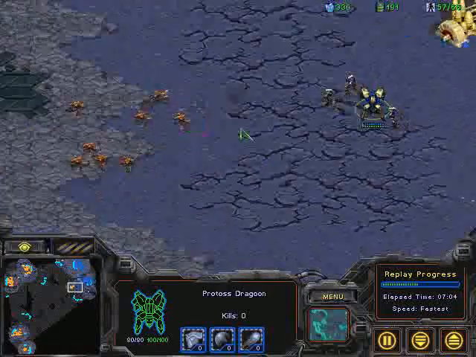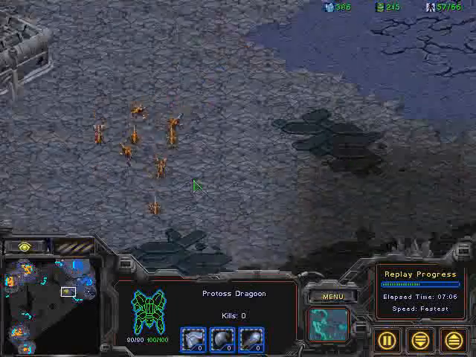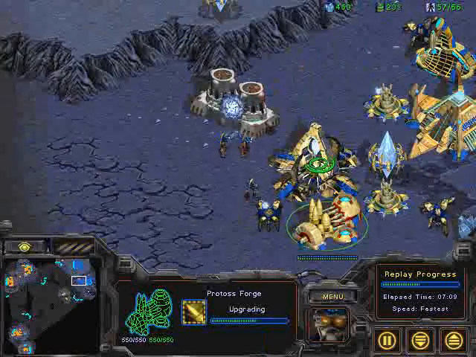So 3 Zealots, and just the Zealot's going to push out with that Dragoon a little bit. The Zerglings are in fact going to back off, open up that